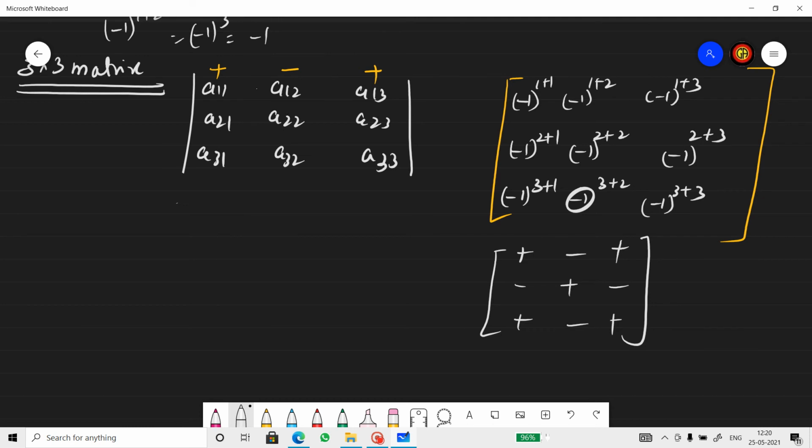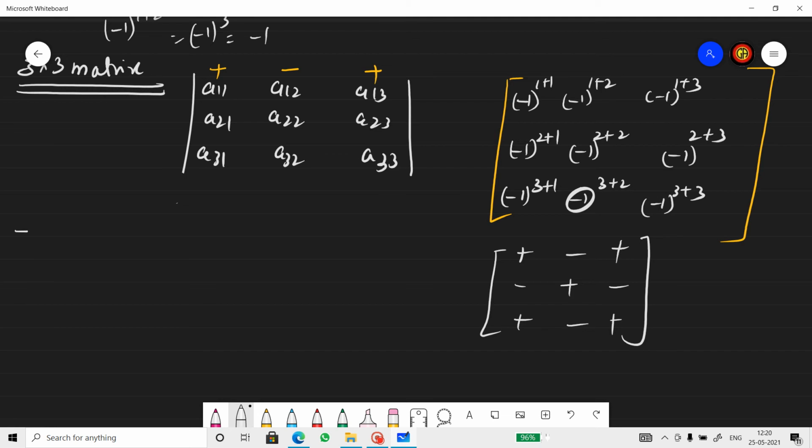So if you're expanding the first row, we take the sign as plus, minus, plus because the sign allotted for the first row is plus, minus, plus. If you're doing it for the second row, take it as minus, plus, minus. And if you're going for the third row, it's plus, minus, plus. But initially, I would insist all of you do it only for the first row. And here I'm doing it only for the first row. Okay. Now, what do I get if I do it for the first row?